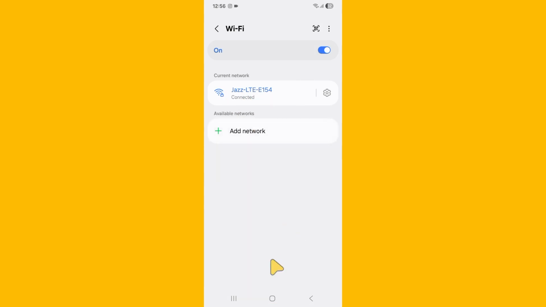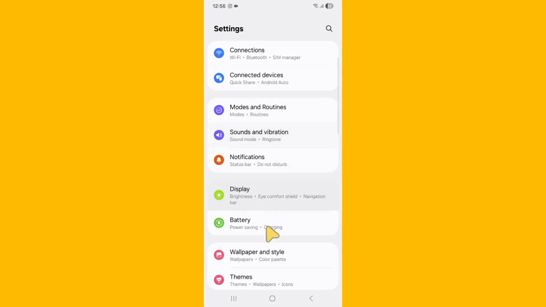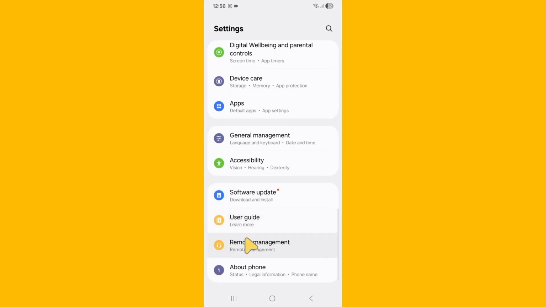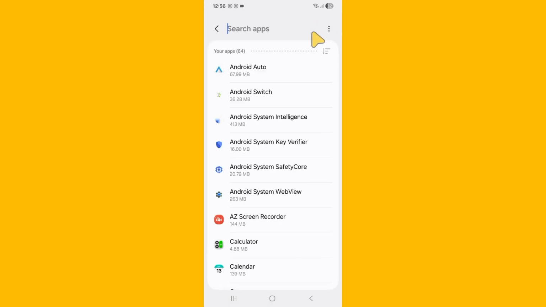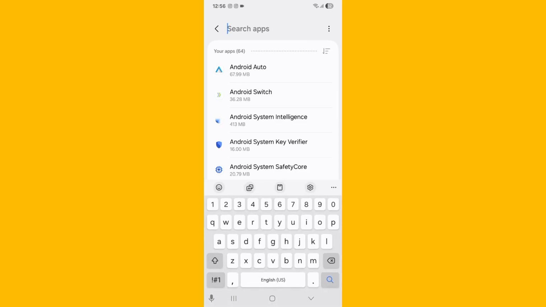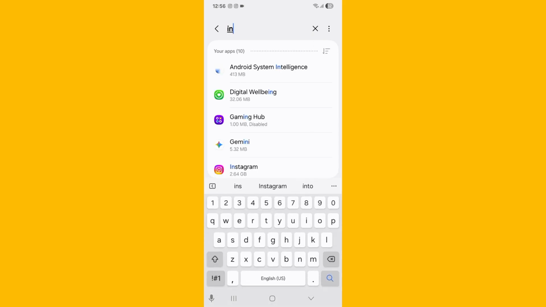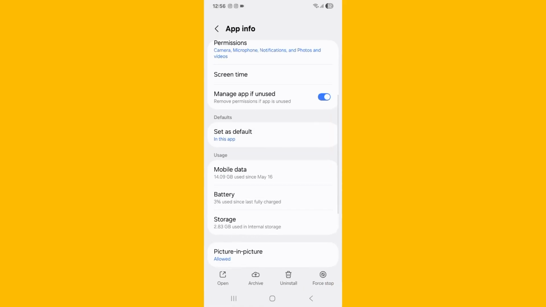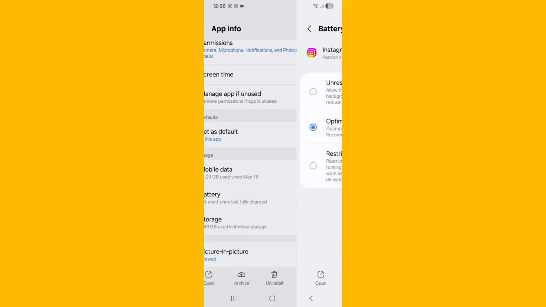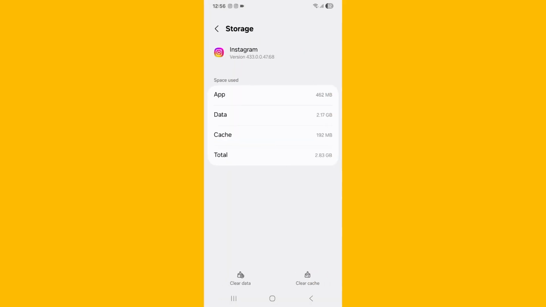Now here I want to first clear the cache memory. So I want to go to the app settings. Here on app settings, I want to just search for Instagram, and I want to just clear the cache memory. So go to the storage. Here you can simply clear the cache memory, and once you do this, now you have to simply open up